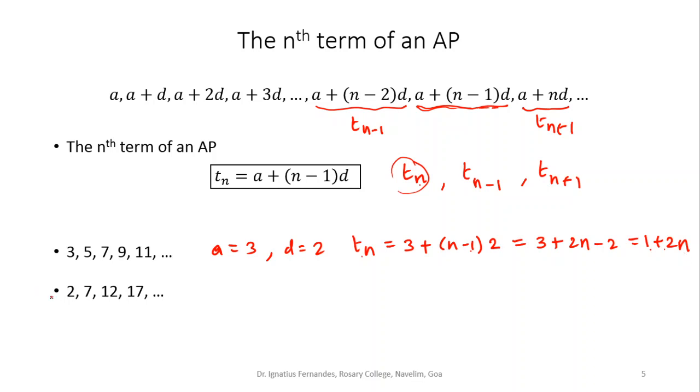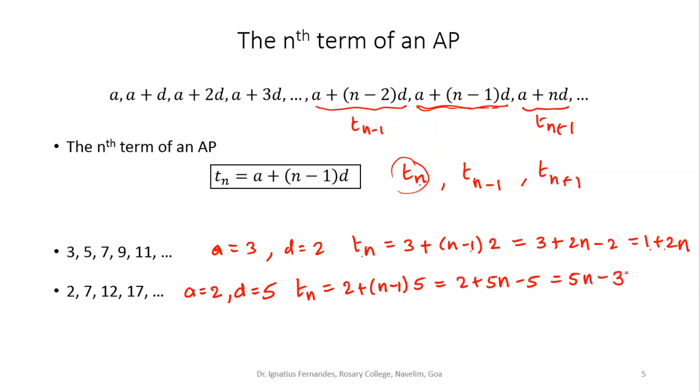The same way, if you take this as an arithmetic progression, here A is equal to 2. And what was the common difference? It was 5. 7 minus 2, 12 minus 7 and so on. So if I have to write down the nth term of this arithmetic progression, it is A, that is 2, plus n minus 1 into D, which here was 5. So it is 2 plus 5n minus 5. 2 minus 5 is minus 3. So I can say 5n minus 3. So the nth term of this arithmetic progression can be written as 5n minus 3.